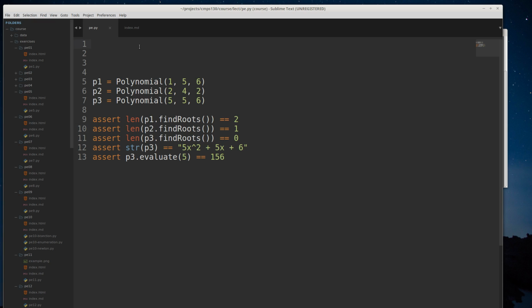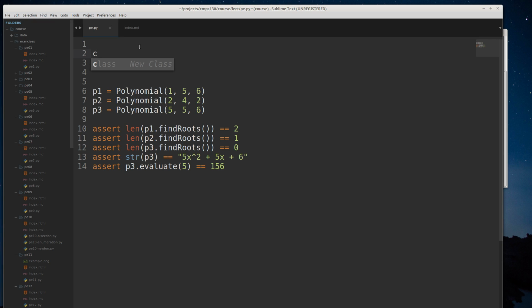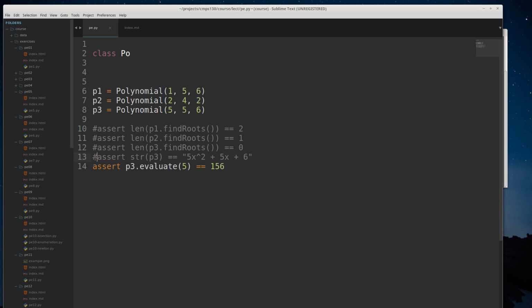All right, so let's start by creating our polynomial. And in fact, I'm going to work in reverse order. I don't want to keep throwing exceptions for things that I haven't developed yet. So let's just work on the evaluate. So polynomial